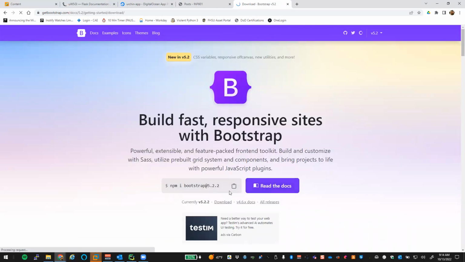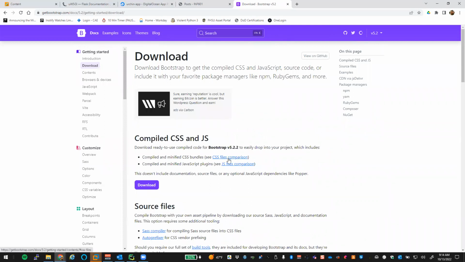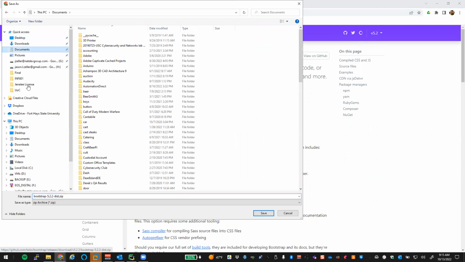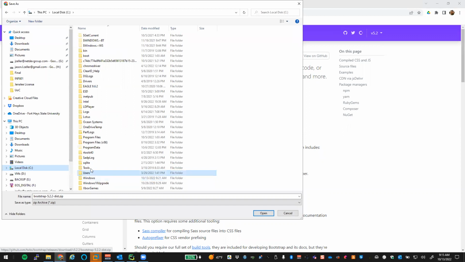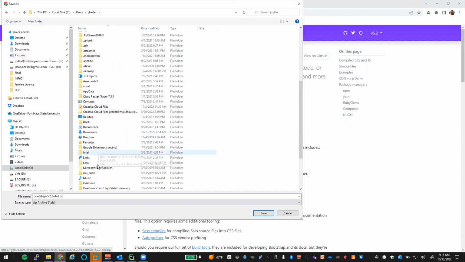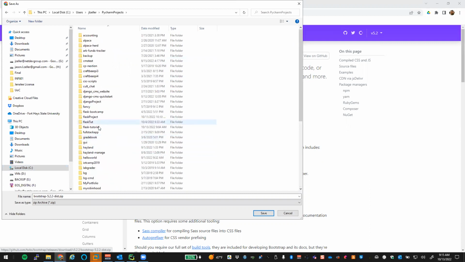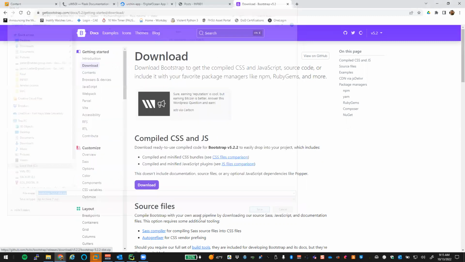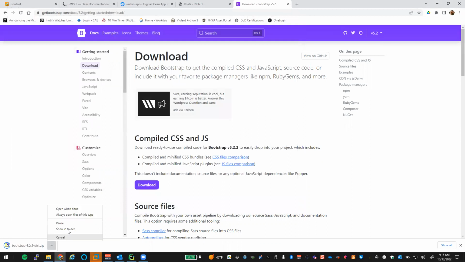So for the Bootstrap part of things, for the project that we just did rather, and again, you can click on this download, you can get the compiled CSS and the minified JavaScript portion of it, and you just stick that into our static files. So if we download these and we save these wherever our project is, so it's going to be something like C:\Users\JZeller\PythonProjects\PyCharmProjects\FlaskTutorial\static, and then we could just stick this zip file in there for now. And then if we look in that folder,